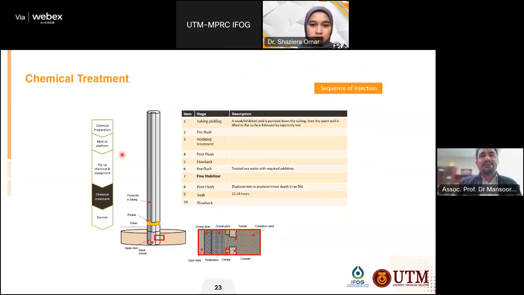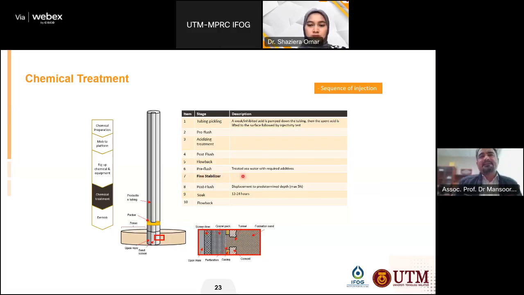an illustration of how a chemical treatment will be utilized, and these are the different steps that we normally use. We prepare the chemical, and then we mobilize it to the platform, and then we rig up the chemical and equipment. We do the chemical treatment, and then we demobilize. And as you can see, a normal chemical treatment is mixed with well stimulation. We have several steps, and this is